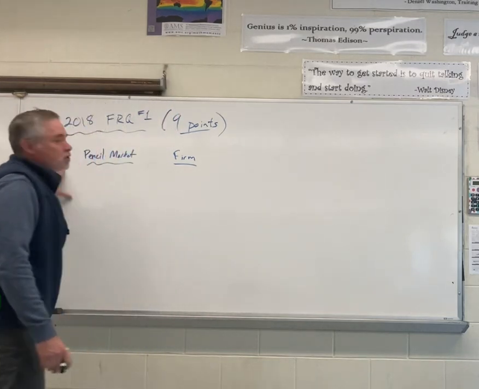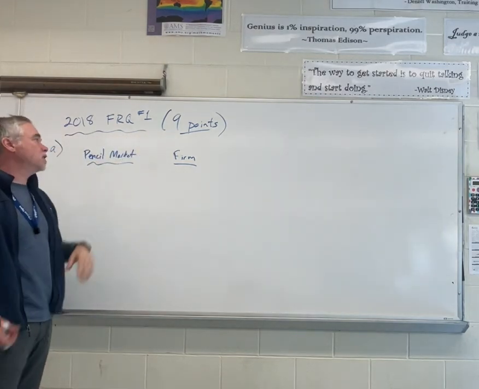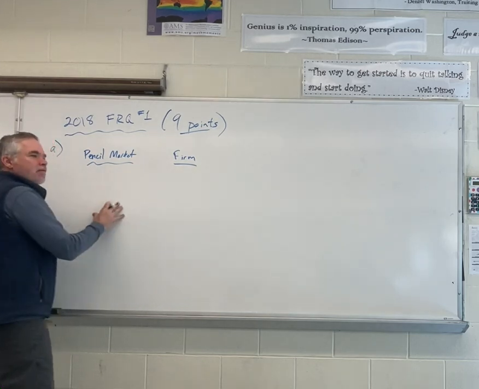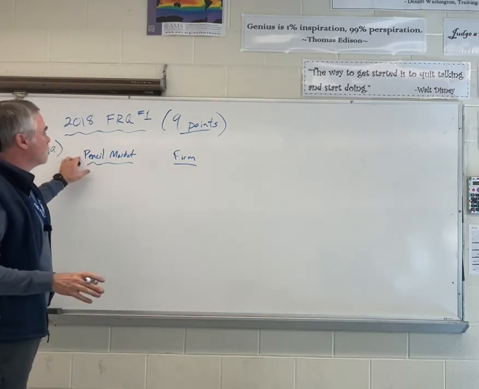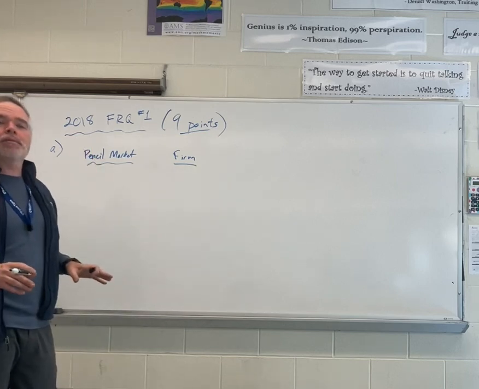So today we're going to be looking at the 2018 FRQ number 1. It was a long FRQ, worth 9 points. The first part of it, they were asking you to draw a side-by-side graph. It said that the pencil market was in perfect competition and showing long-run equilibrium, which means